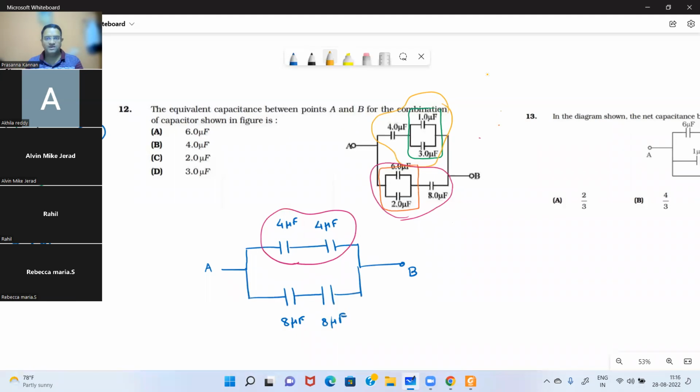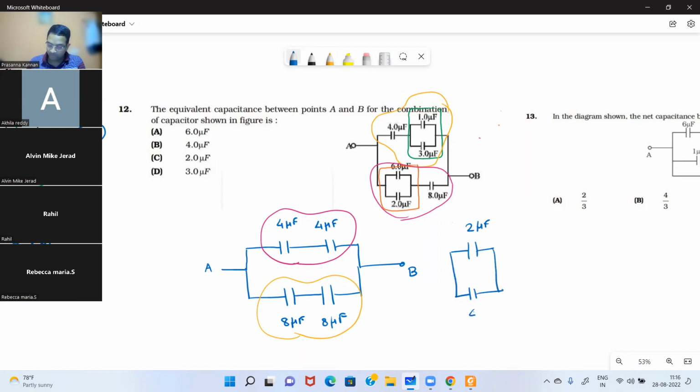Or you can do 1 by CS is equal to 1 by C1 plus 1 by C2. 8 and 8 in series will give you half of it, 4 microfarad. Yes. So we have 2 microfarad